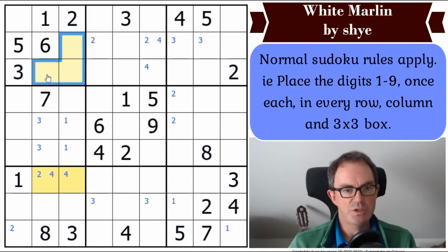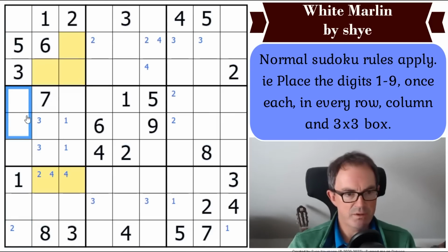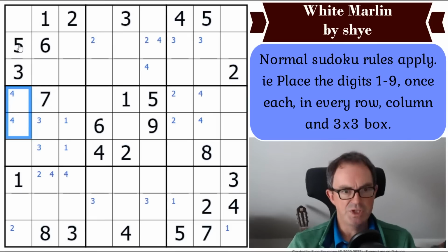Now that means we should immediately be asking where the 4 goes in column 1, because it can't go here and it can't go there. So it's got to go in one of those 3 cells, which gives us another pencil mark in one of those positions. Oh, oopsie. So actually I've done really well for 4s in terms of pencil marks. I mean, I haven't got any digits as a result of this, but 4 might be a digit we need